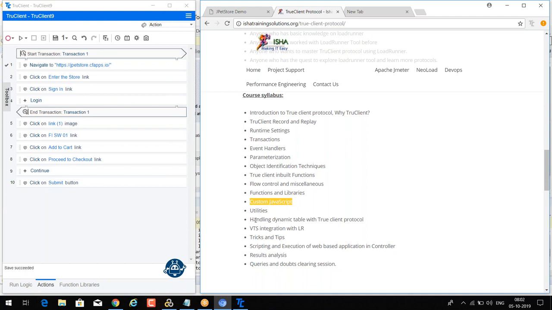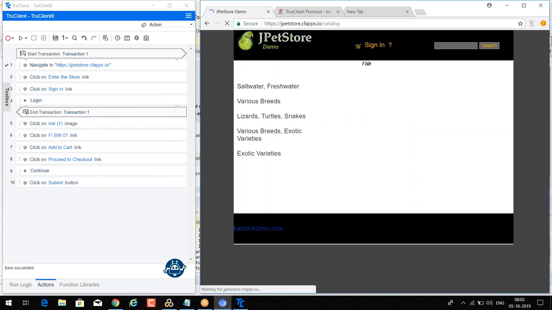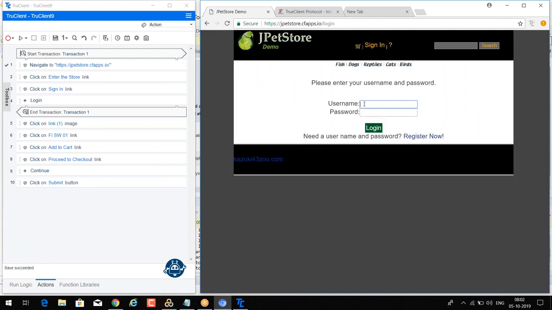Then again we can discuss how we can handle the dynamic table. Dynamic table means this one. Here, click on J2E.